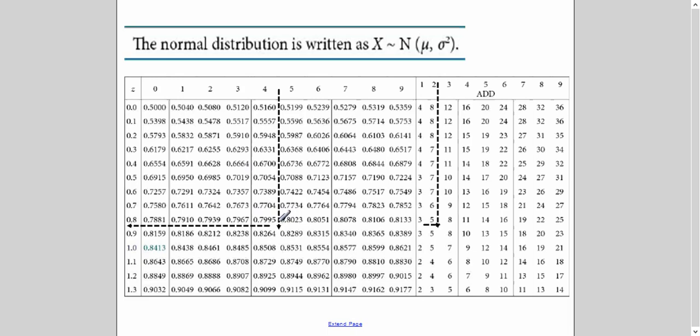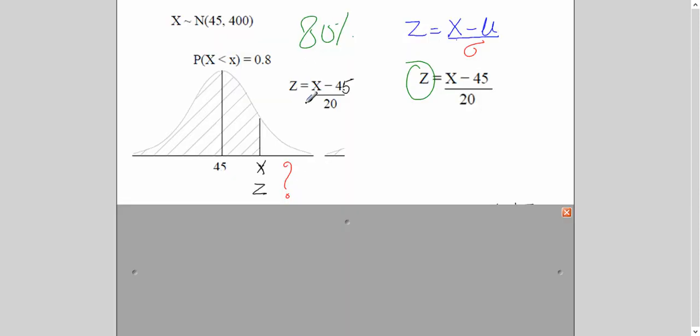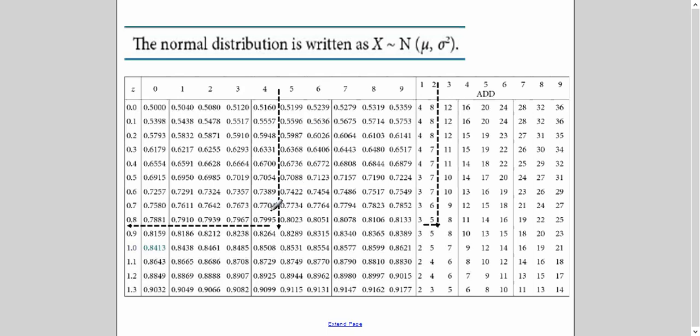In that case, when the exact value does not exist here, what do you do? You pick up the value less than that, because this probability is more than 0.8 and this probability is less than 0.8. So you always take the probability which is less than whatever is given to you in the question, if it doesn't exactly match. Now if I read the first decimal place, it is 0.8, and from here, the second decimal place is 4.